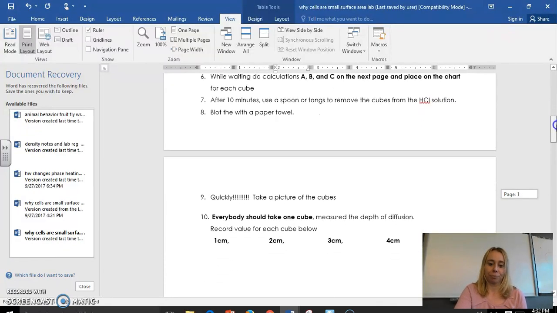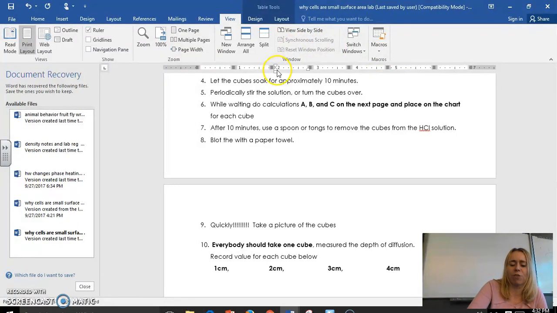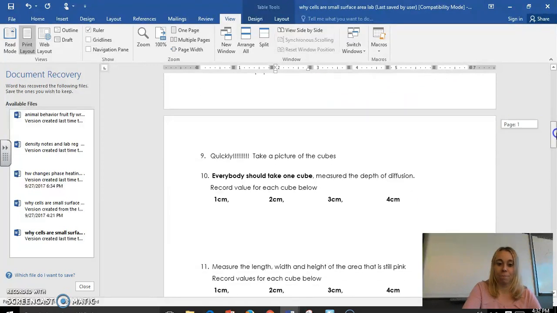once 10 minutes has passed and you've done those calculations, you're going to use a spoon to remove the cubes, and you're going to place them on a paper towel and very, very gently pat them dry. Okay? You should very quickly get a photo capturing device and take a picture of the cubes. All this now has to be done quickly. Okay? Now,